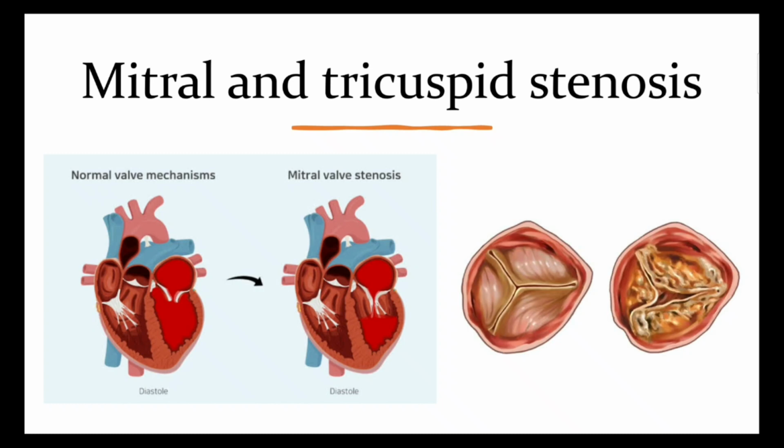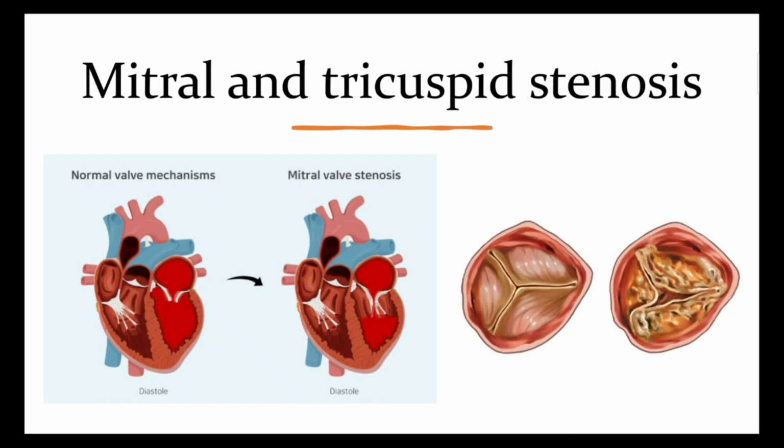Stenosis means narrowing of the orifice. So mitral stenosis is narrowing of the mitral orifice. It is most common in young age. Usually there is a history of rheumatic fever in the childhood in these cases. This leads to rise in the left atrial pressure and enlargement of the left atrium, which may press on the esophagus. Clinically, the features of mitral stenosis will be shortness of breath, that is dyspnea, dysphagia, and hoarseness of voice,